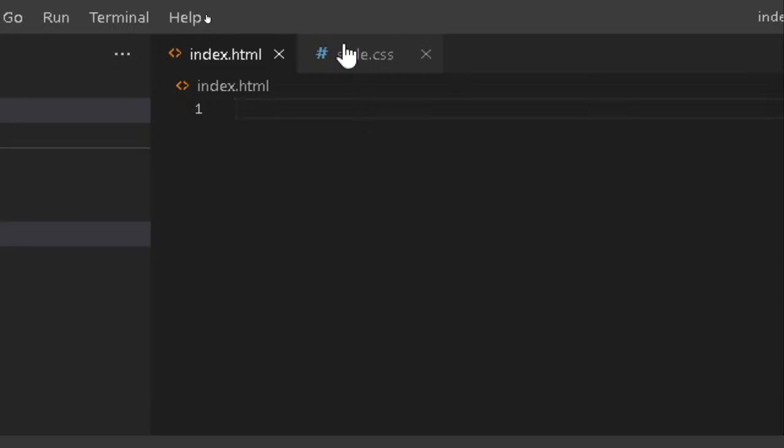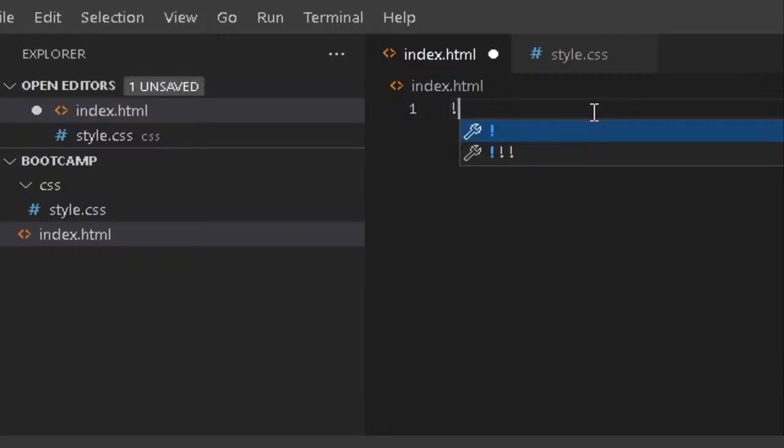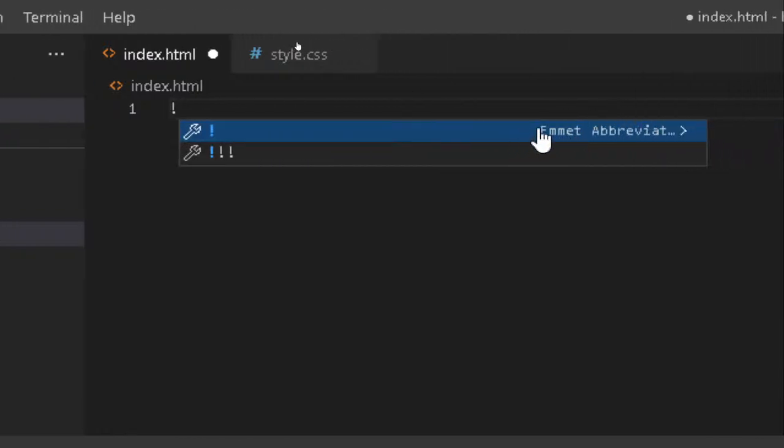In Visual Studio Code, since I've already saved this as a .html file, it knows it's an HTML file. It knows it's a website. I can use some built-in features through something called Emmet, which does code expansion, to write my HTML skeleton for me. So I can start out by hitting the exclamation point key. You'll see it'll come up with a little Emmet abbreviation for a single exclamation point here. I can click that,